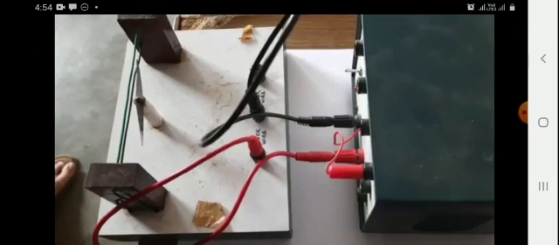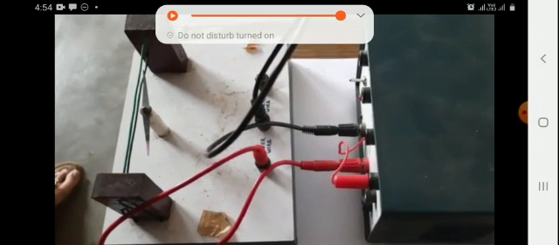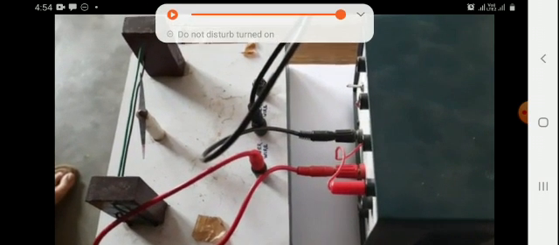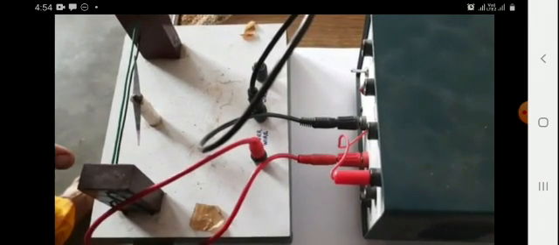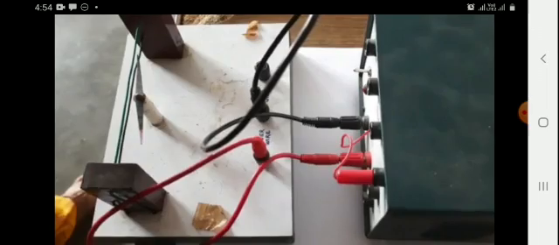Watch this video carefully in order to understand the magnetic effect of electric current. Children, I am going to show you today an experiment which demonstrates magnetic effect of electric current. The experimental setup is shown this way. A magnetic needle is kept on a support and these two electric wires are around it, and these connections are made like this.